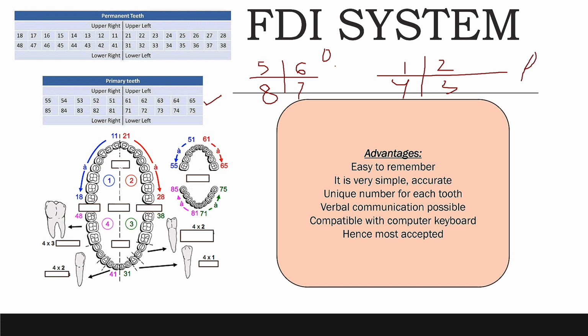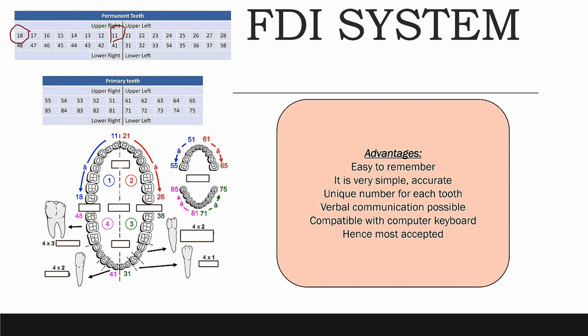Okay, so here tooth number starts as, for permanent, 1 1 for upper right central incisor, 1 2 for upper right lateral incisor, 1 3 for canine, 1 4 for first premolar, 1 5 for second premolar, 1 6 for first molar, 1 7 for second molar and 1 8 for the third molar. Okay, then coming towards midline, the upper left central incisor is given number as 2